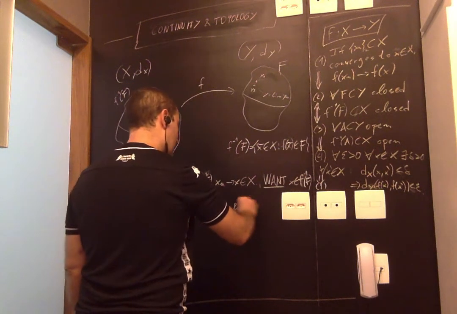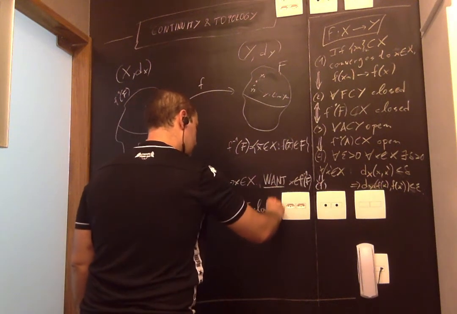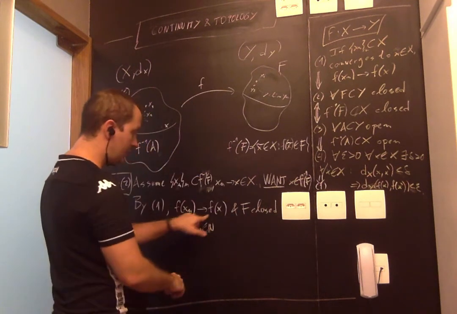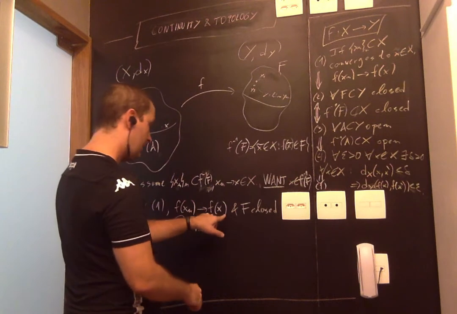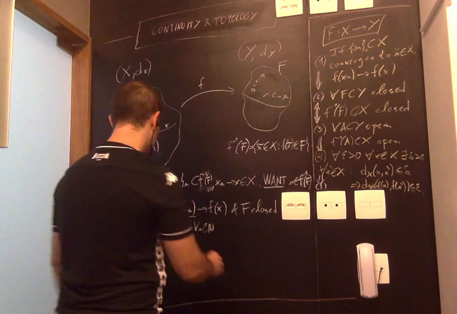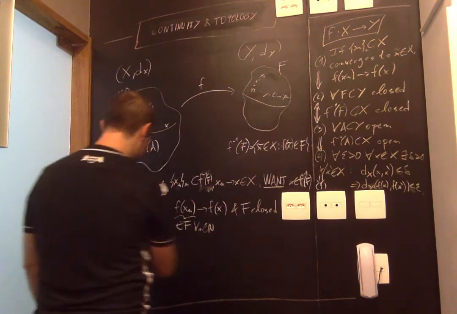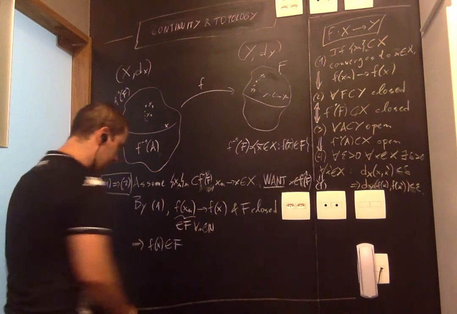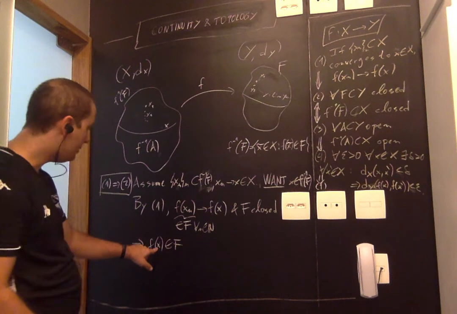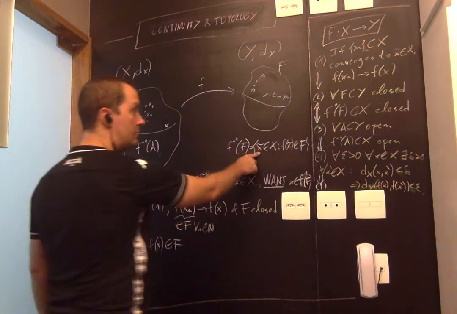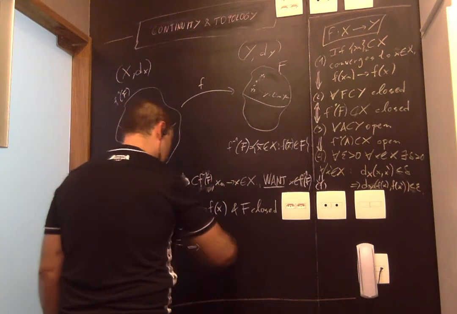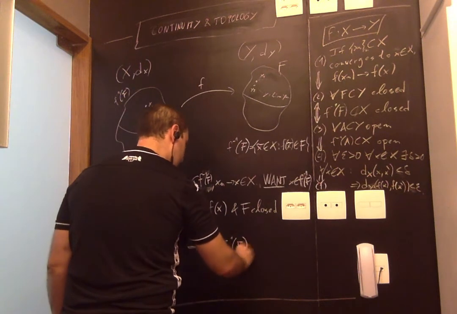And we're assuming that F is closed, right? This is for all n. So we have a sequence of points in a closed set that converges. The consequence of all this is that, therefore, f of x must belong to F as well. But what does that mean? It means that x is one of these points such that f of x belongs to F. Therefore, it means that x belongs to the pre-image of F.